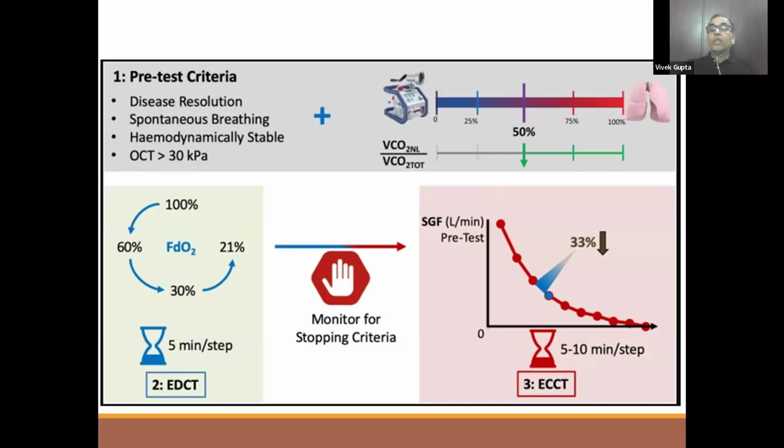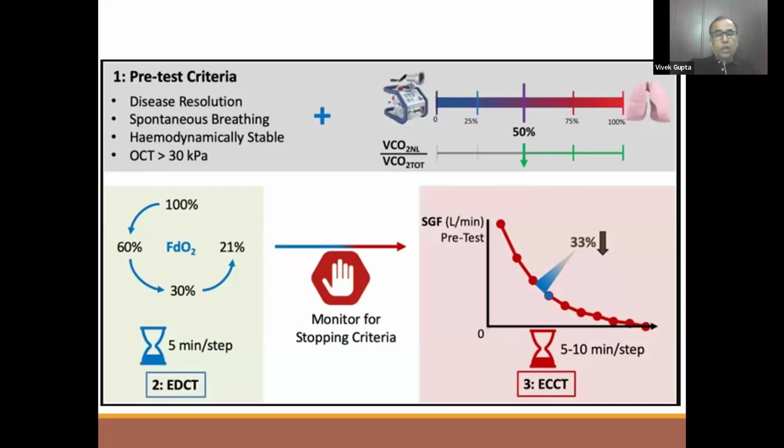And once it reaches above a PaO2 level of 150 to 200, it means the lung is contributing significantly and there is improvement, and you need to wean this patient from it. So the pre-test criteria, before we decide whether there is a chance of failure from the lung in the weaning trial: the disease has reduced, resolution is there, spontaneous breathing is there, and the patient is stable. Then we check this oxygen challenge test, and then